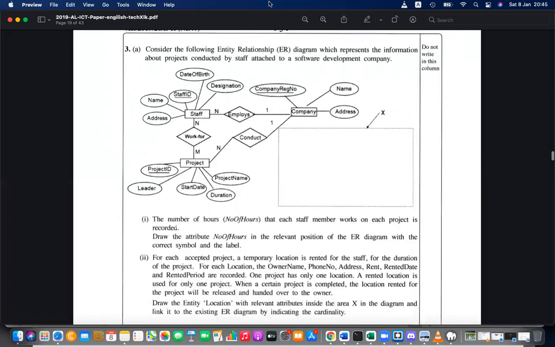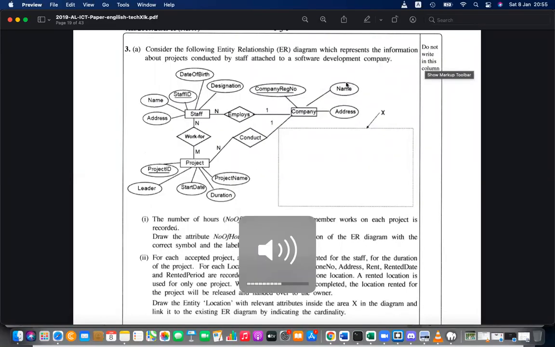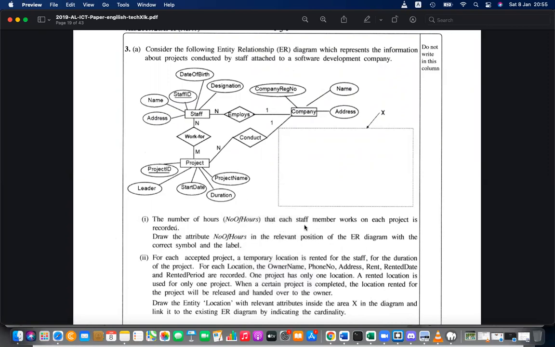Okay, this is the structured one. Can you try to answer this one quickly? This is a small one, it's not hard. Then let's go to the essay question. Let's discuss: the number of hours each staff member works on each project is recorded.